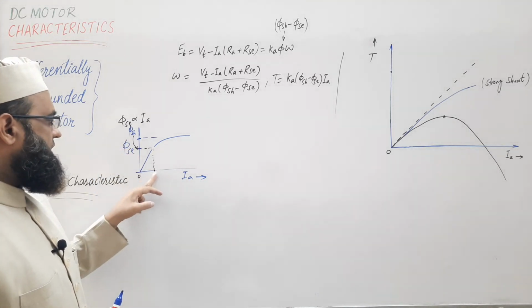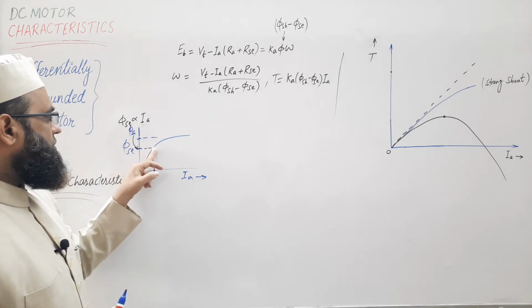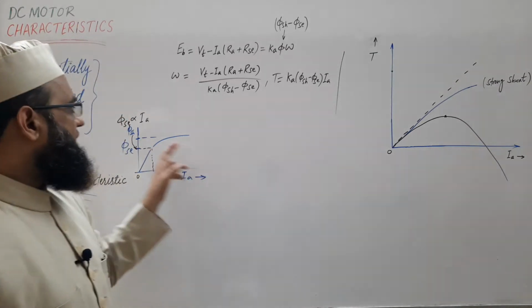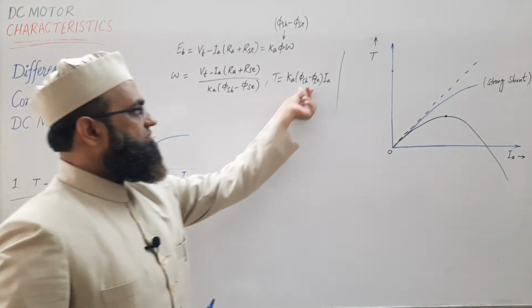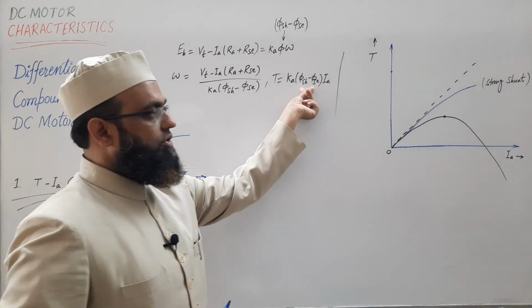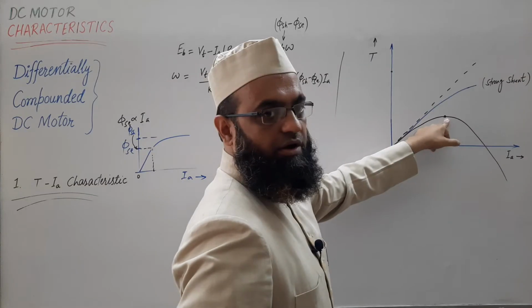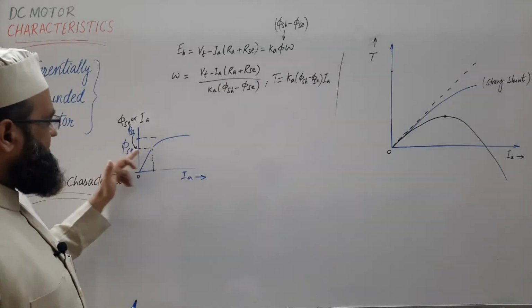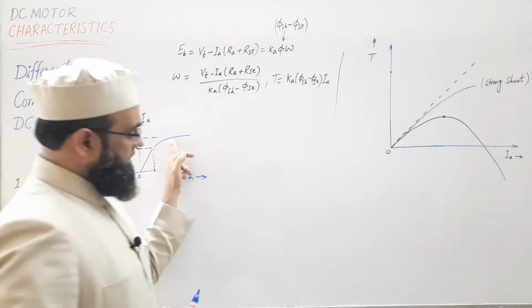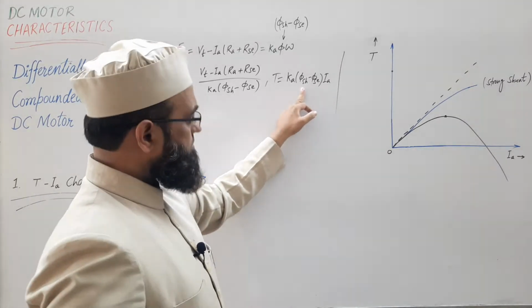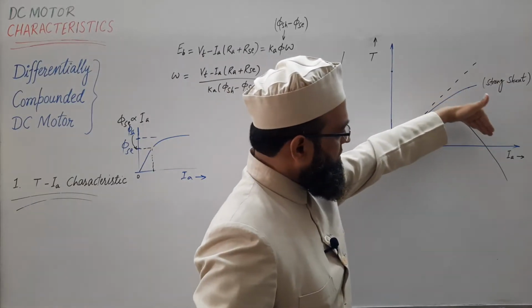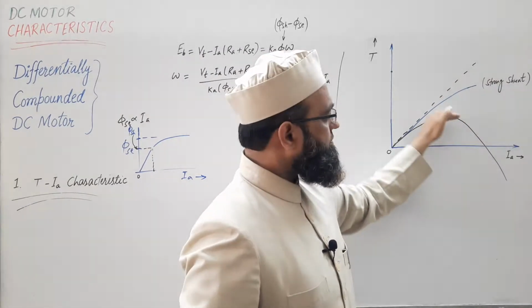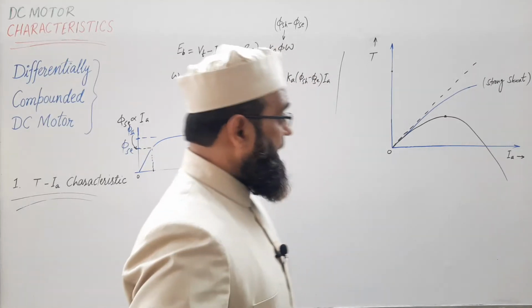By increasing IA, the difference will become 0 as phi SE has reached the value of phi SH. So we have reached till this point. After that phi SE still increases even greater than phi SH. So this quantity becomes negative. So this slope becomes like this, and